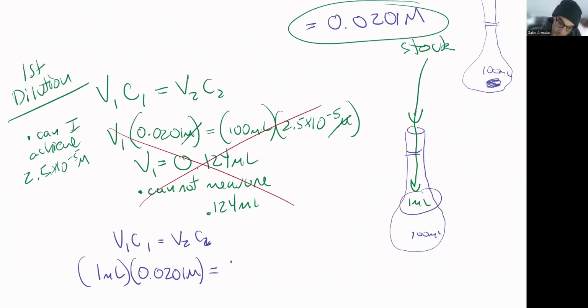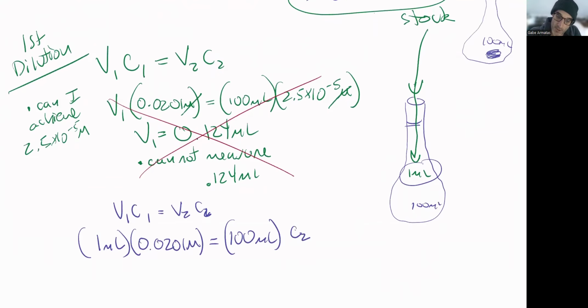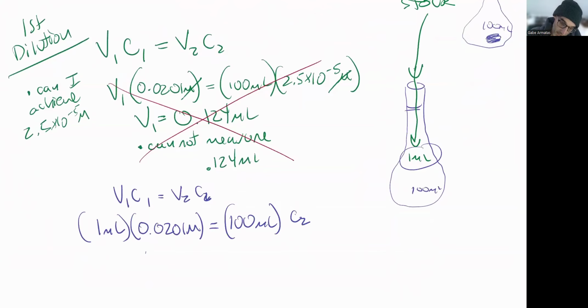The volume 2, we do know we're going to dilute it to 100 mils. Let's make it as dilute as possible. The question is, what's the new concentration of my first dilution going to be? So again, move the 100 mils to the other side by dividing, and what you end up with is 2.01 times 10 to the minus 4 molar. There is my concentration. This is my dilution 1